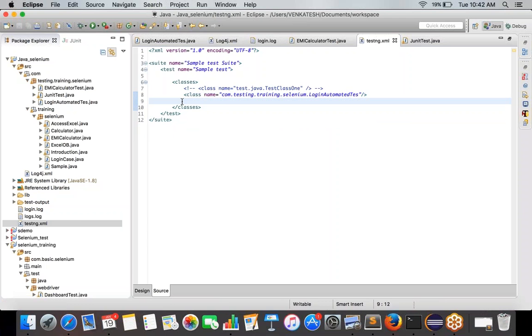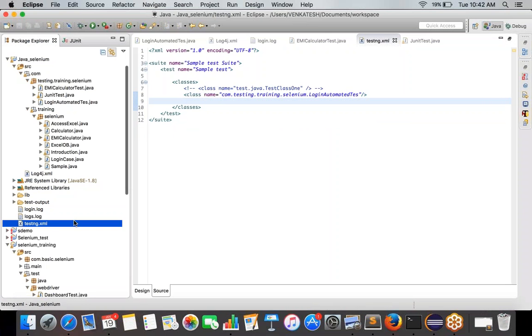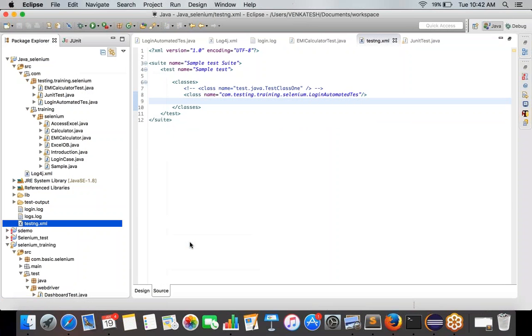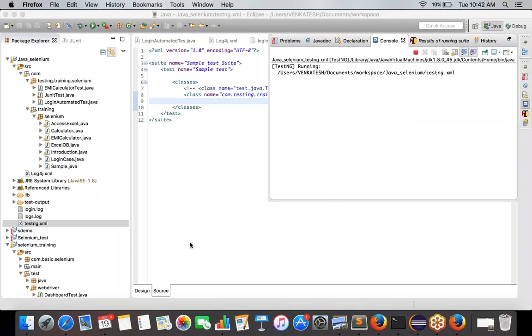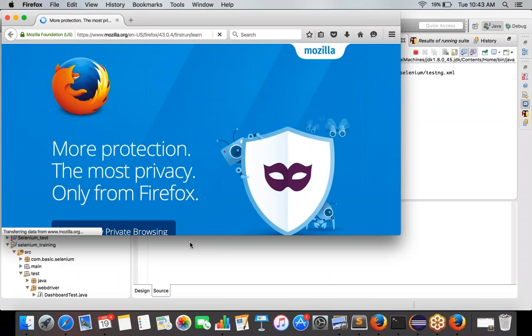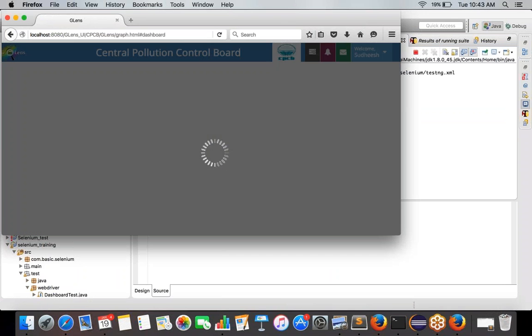Then once you click on this XML and say run as TestNG suite, it will execute all the test cases which are present inside those classes. So if you are including only the class, it will execute all the test cases, all the functions which contain @Test inside those classes. Okay,